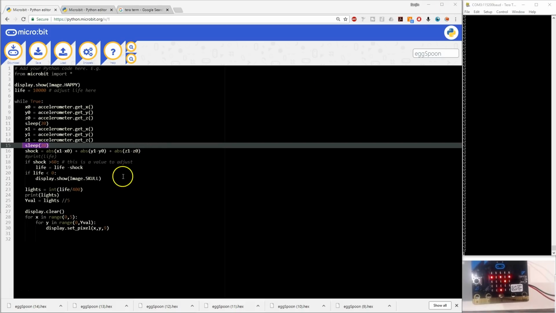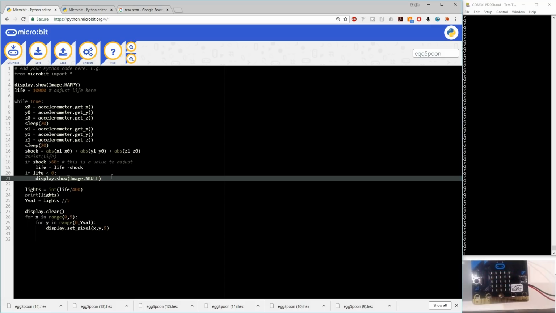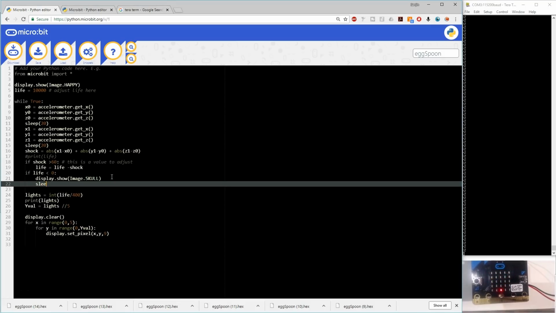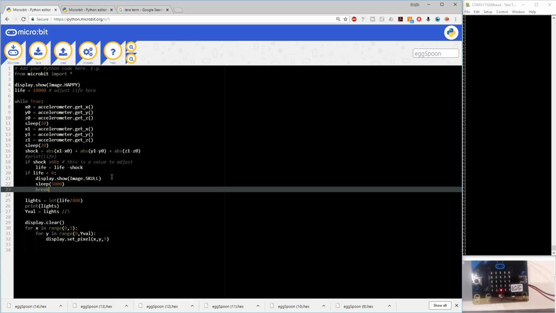So, if life is less than 0, we're going to show the image of the skull. And I would say we should then sleep 5,000 and then break. Okay. This is looking more and more promising. So now that Y works,